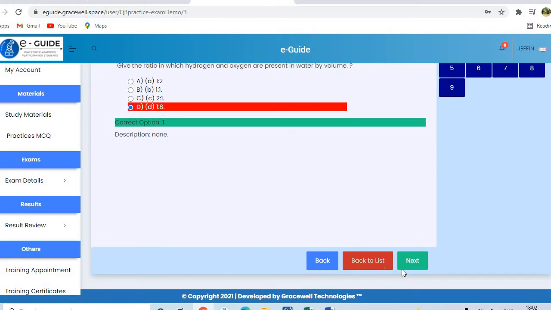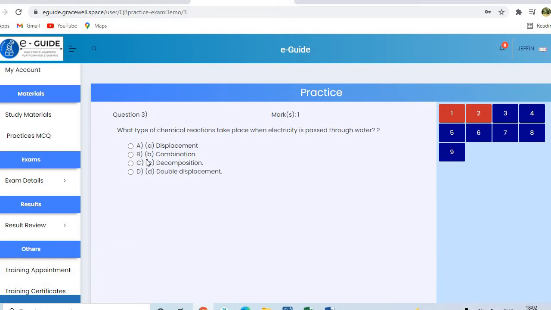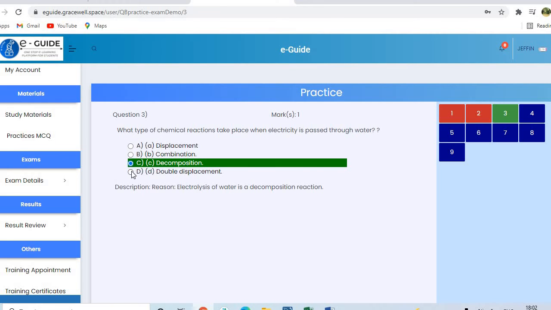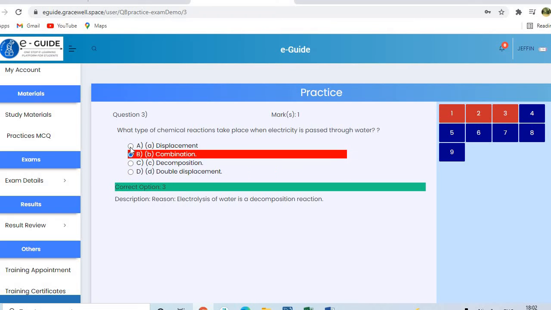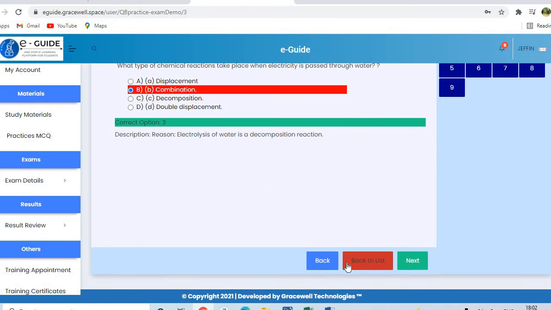So in this fashion, a student will be able to understand what the subject is, and he'll be able to understand the concepts very clearly, right? Okay, this is the right answer, so I'm agreeing. And if I try to answer, after all the other answers, it gives me a red color. So I'll be able to understand things very clearly as a student. I'll be able to build confidence, provided the teacher has uploaded the material.